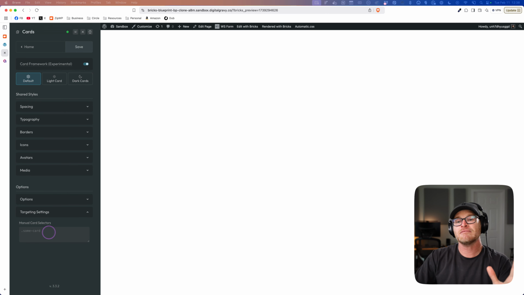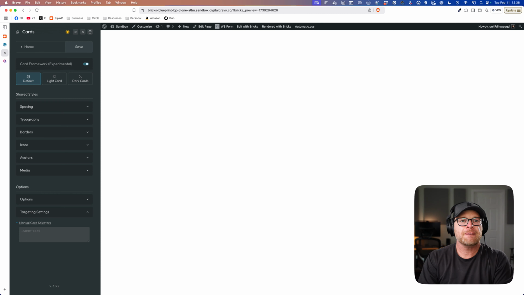And actually, if you're going to manually style card selectors, it doesn't have to have the card in it either. You just put any selector, like my, not a thing we can't speak of. Okay? Now that's going to get auto styled with the card framework. Okay? So even these manual selectors don't have to have the word card in them. That was a great question. I didn't even think to ask that or talk about it.